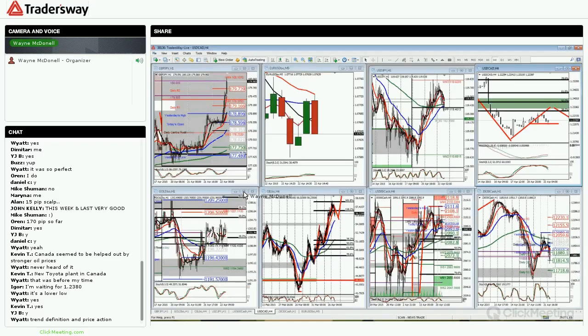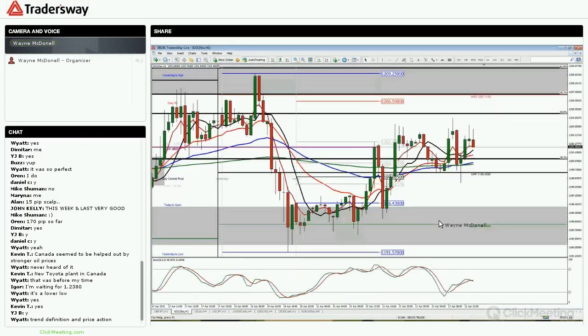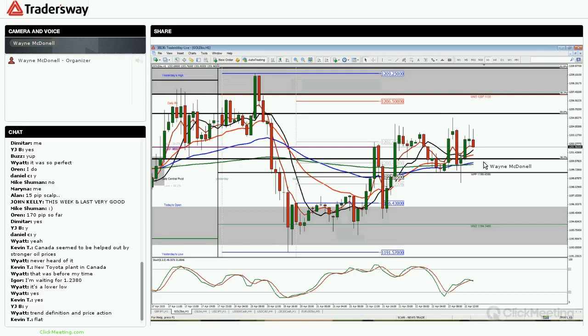All right, so let's go through the commodities, then we'll go back. And nothing really going on here again. So if you were going to be a trader of gold, and I say trader because I don't think it's worth buying or selling, so you might as well just trade it, then a trader needs to sell it high or buy it low. So we're there, right? Look at this, 1,200. Nobody knows what to do. I wouldn't risk any money on that.